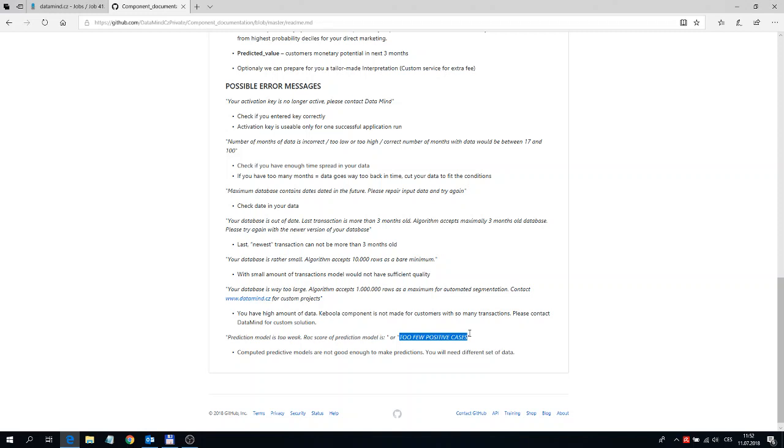It's basically depending on your data. If the patterns in your data are not good enough, then the model will not compute strong enough regression or linear models. Yeah, basically this can happen if, for example